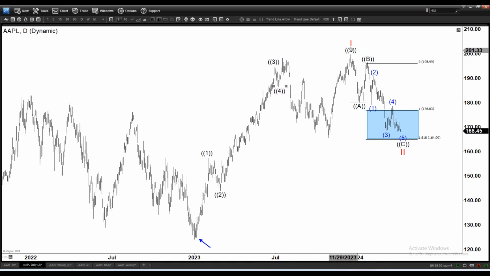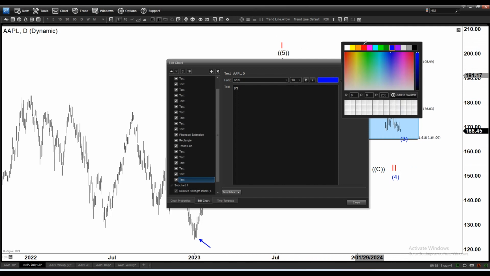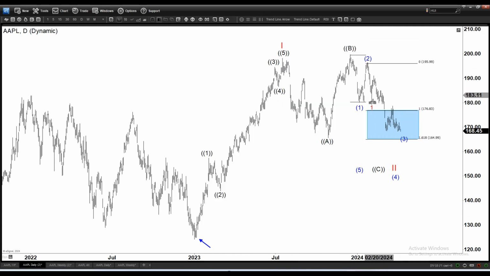We actually ended one here, and then we're doing an expanded flat. Now in this case, you're only ending with 3 here, right? So this becomes a lower degree 1, 2, 3, 4, 5, and you're only ending with 3. In that case, guys, you're going to have more downside, and maybe you can even break below 164 here. You can do this,